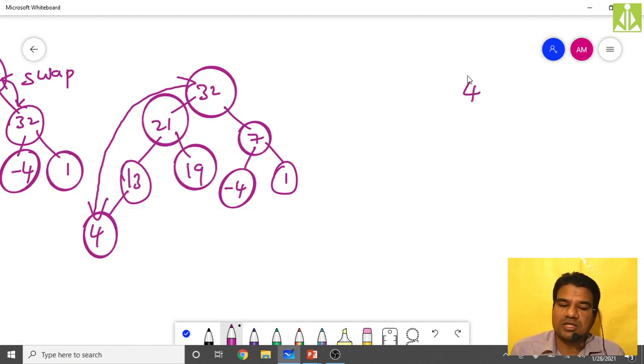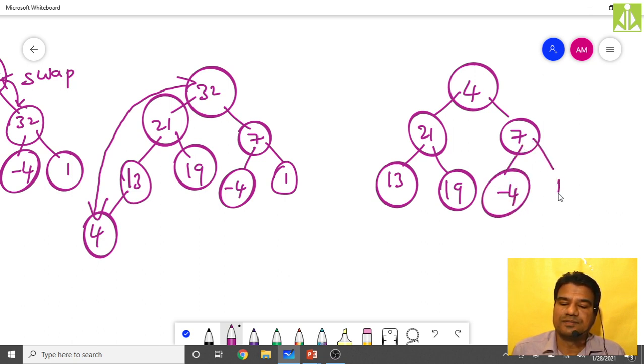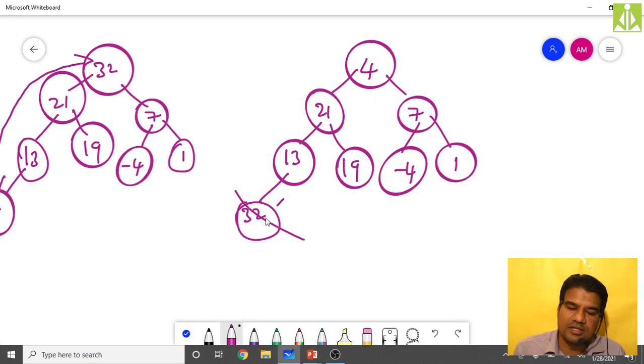4 will reach the top root node, then 21 will come over here, then 7 will come over here, then here this side 13 will come, then you have 19, then you have -4, then you have 1, and in place of 4 you will be having 32, like this. So after doing like this, delete this 32.